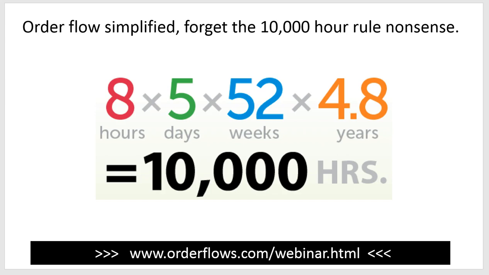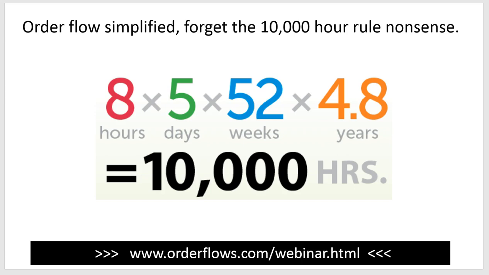So forget about this 8 hours a day, 5 days a week over 52 weeks, equaling 5 years for 10,000 hours. No, I really want to teach you how to get up to speed on order flow quickly. I like to teach people order flow, and I say, if you just follow the steps that I lay out for you, you can pick it up and have a good working knowledge, and add it to your trading within 2 weeks. That's not 10,000 hours. That's 2 weeks, not 4.8 years. And that's even if you're just using 1 or 2 hours a day, at least you'll get a good understanding and can start using it.